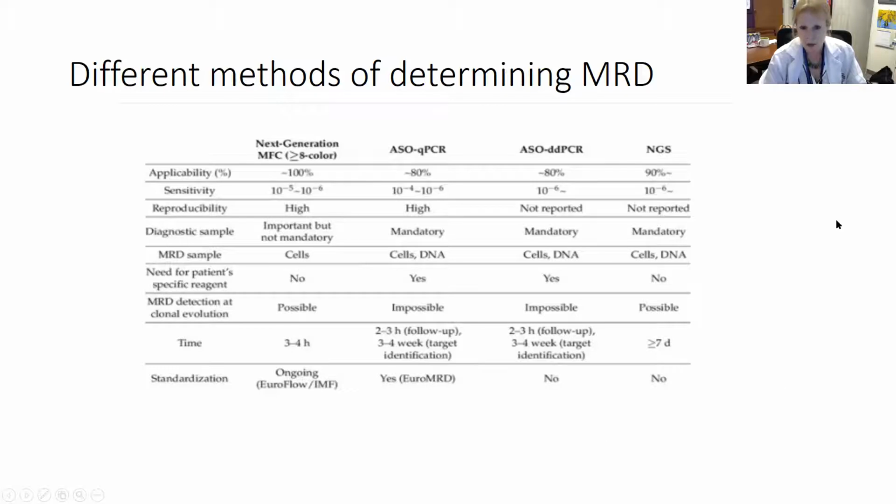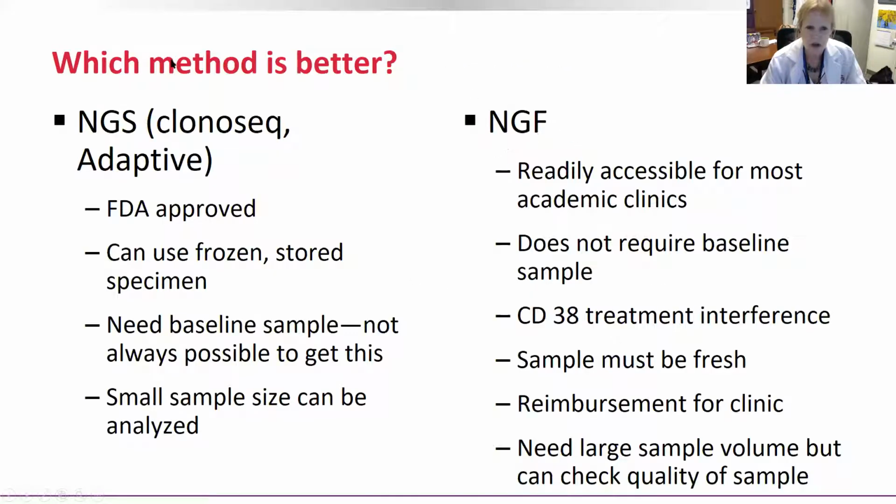The other very widely accepted method is next generation sequencing. Typically that term is used interchangeably with the clonoSEQ assay, or Adaptive's assay. This test is relying on plasma cells being there. This test is relying on DNA, so it's relying on nucleic acids that are basically extracted from a mushed up sample of bone marrow. So that's what it's relying on. And if you're going to do a little bit of a compare and contrast between these two methods,